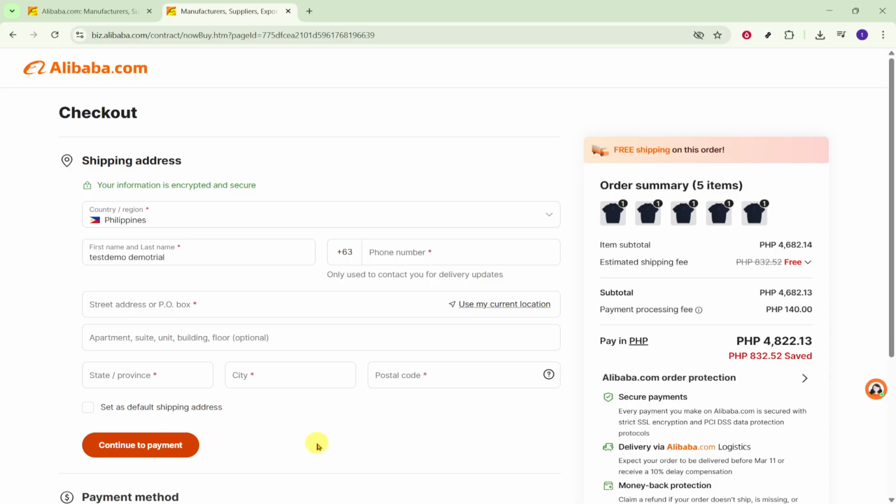Go to Alibaba, search, pick your item, choose size and quantity, start the order, and enter your shipping details. Follow these steps, and you'll be well on your way to receive